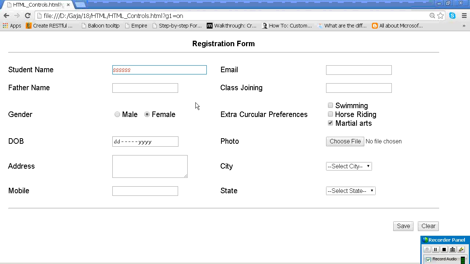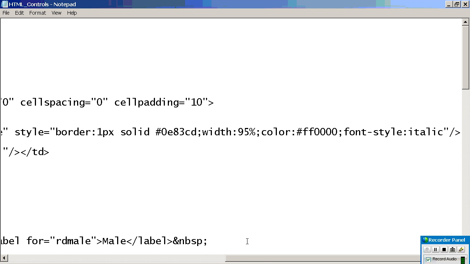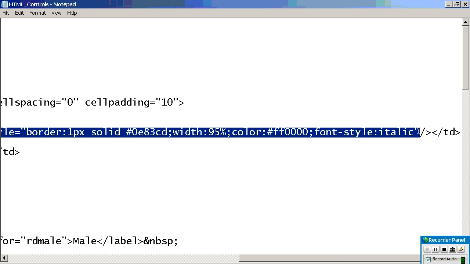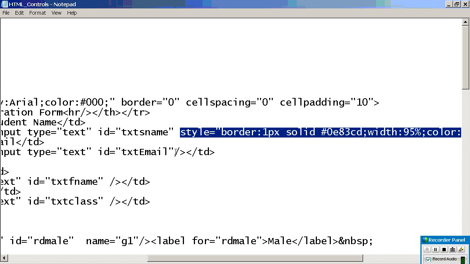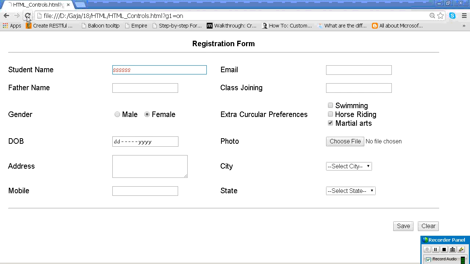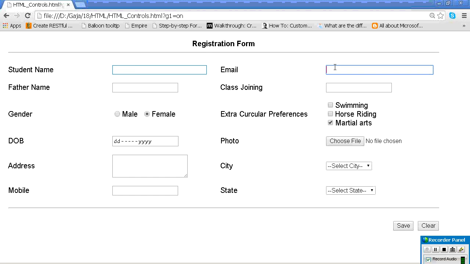Now, what was the disadvantage of this inline style? If I want the same style for another text font, what do I need to do? I need to copy and paste, right? Am I correct or not? What was the disadvantage of it? Code redundancy. Redundancy means the same code is being repeated again and again. The disadvantage of inline style is code redundancy; it is nothing but the same code everywhere again and again.